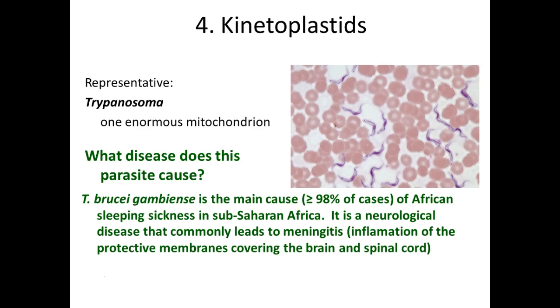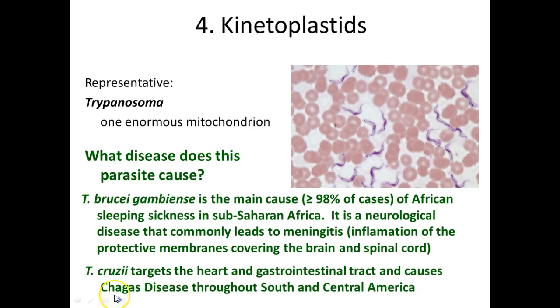But there are other Trypanosoma cruzi, which can cause Chagas disease throughout South and Central America. Again, thankfully not here in the United States. So this Trypanosoma is a group name, right? But these are two examples of two different species, the brucei causing the sleeping sickness, and the cruzi, which can cause Chagas disease. Actually had a colleague get this